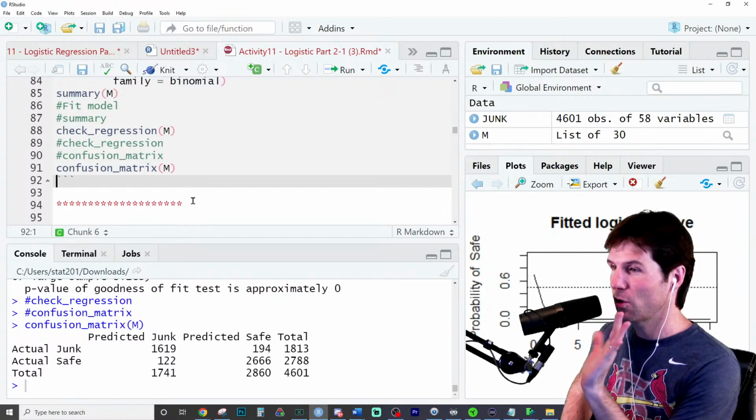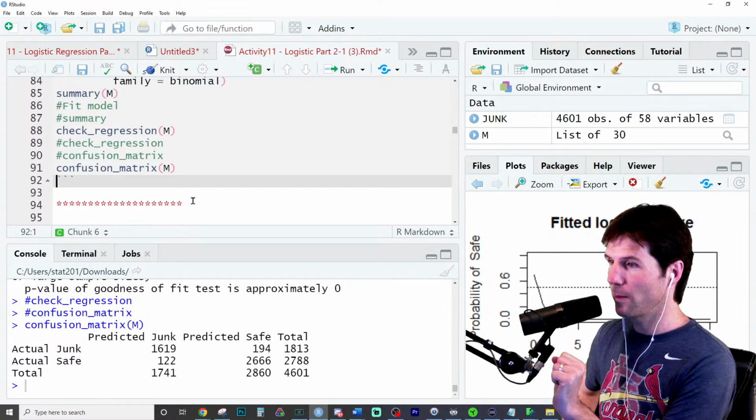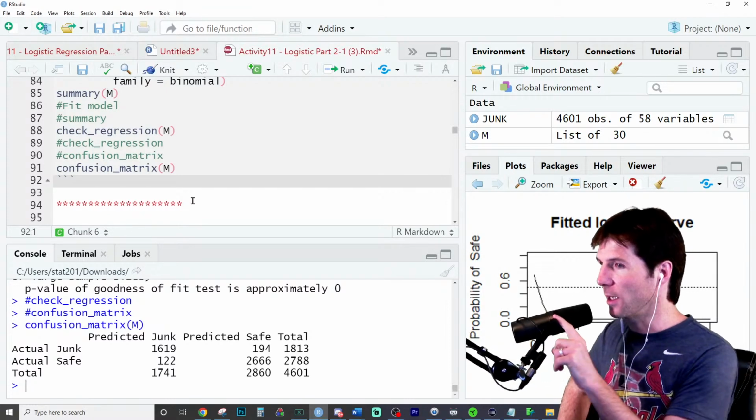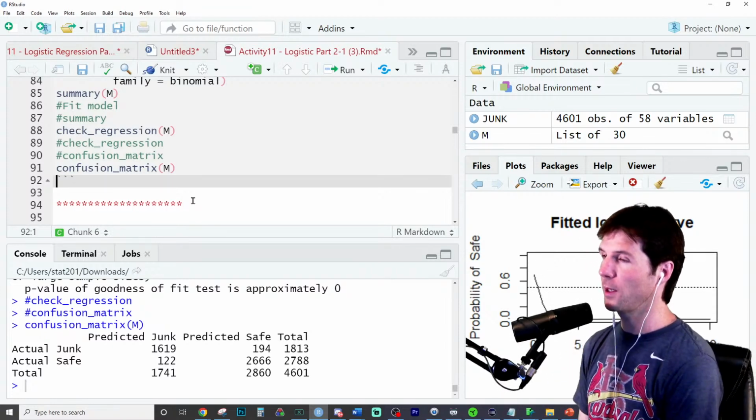How many, so you can add them up for me. How many does this new model get wrong? The model's still super problematic with its reflection of reality. But how many total does this get wrong? So if you get used to seeing the confusion matrix output, you can be like, oh, well, it gets this